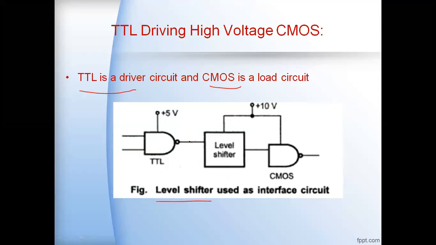So this level shifter will take the lower values of input and output, and they will be converted into higher voltages here. And see this here, for the level shifter also you are giving the maximum of 10 volts here. So when the CMOS is operating at 10 volts and the TTL gate is operating with 5 volts, the TTL will have lower output voltages than the CMOS. So these voltages cannot drive the CMOS circuits here. That's why in between these two, we are using an interfacing circuit, the level shifter.